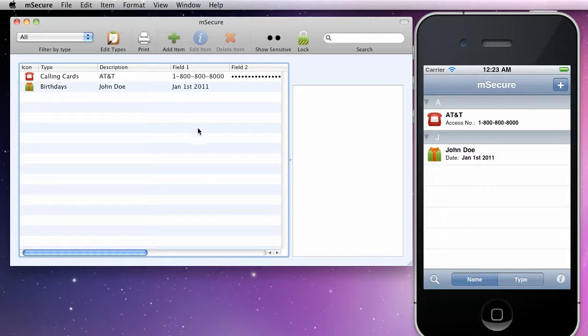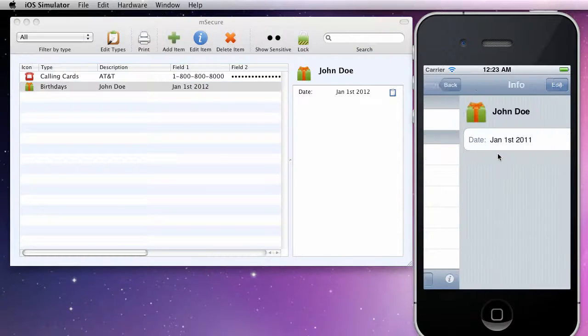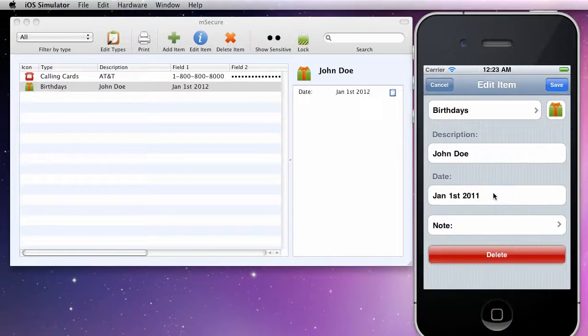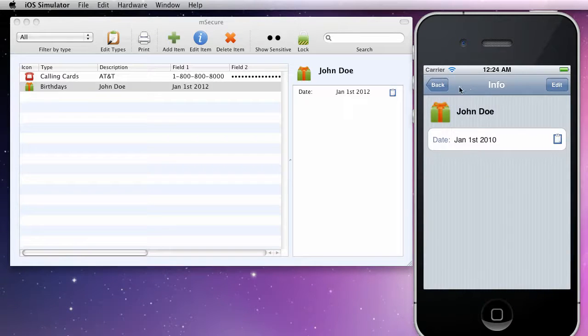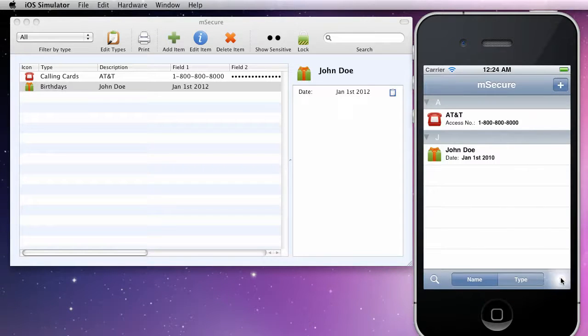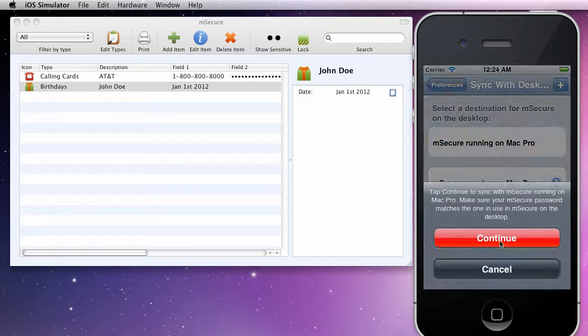So if we come in and edit on the desktop, John Doe, and change his birth date to 2012, and then later on our iPhone decide, well, I think it's 2010, then the next time we do the sync, since the iPhone was the last device changed, the desktop will be updated to show the 2010 date,